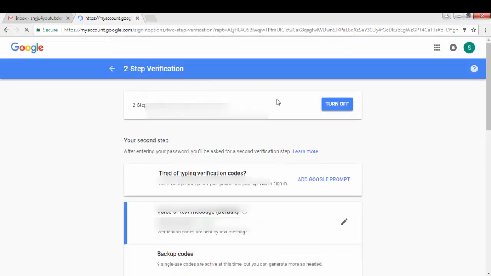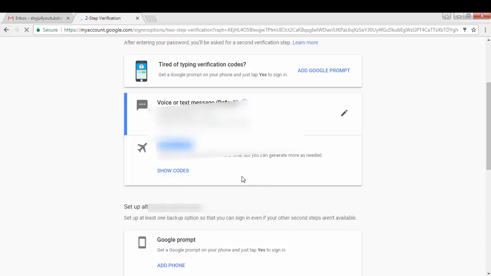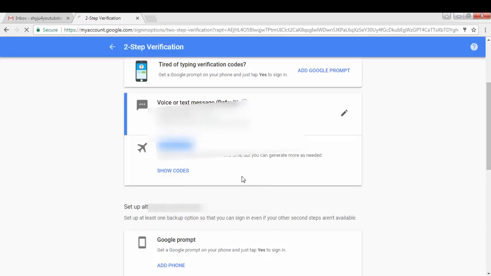Now see here, on this page there is an option called backup codes. These are the backup codes that you need to save somewhere where you can easily access them, and you have to protect these codes from other users, because if anybody gets these codes, then they can log into your Gmail ID even without the Gmail verification code.